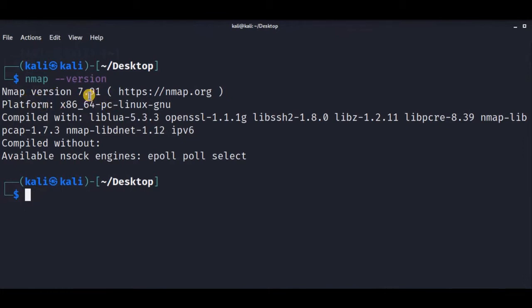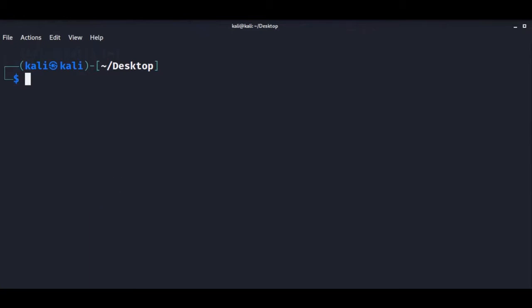Here you can see the Nmap versions, you can use the latest versions. First, the official website nmap.org offers a machine that can be scanned to help people learn about Nmap. It is available at scanme.nmap.org. To scan the machine with default settings, you can simply run nmap scanme.nmap.org. So for that,